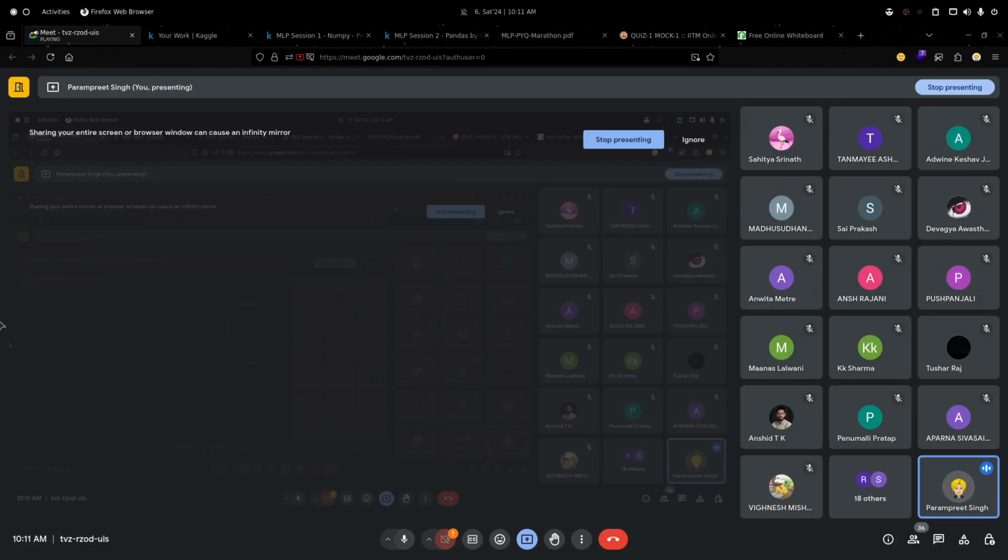Okay. Through the diagram you can see roughly how the model pipeline works. Param, how do we access this notebook? Is it inside Kaggle? Yes, it is in my Kaggle profile, as well as in the description of this video. In the description of session 8, you will get the link of this notebook.